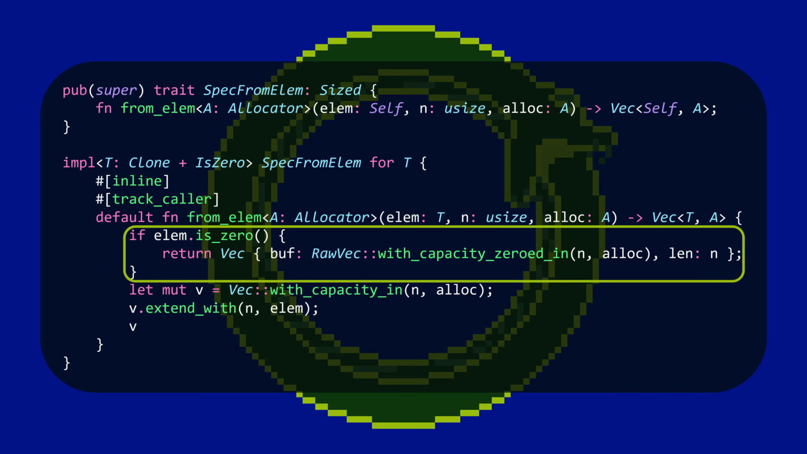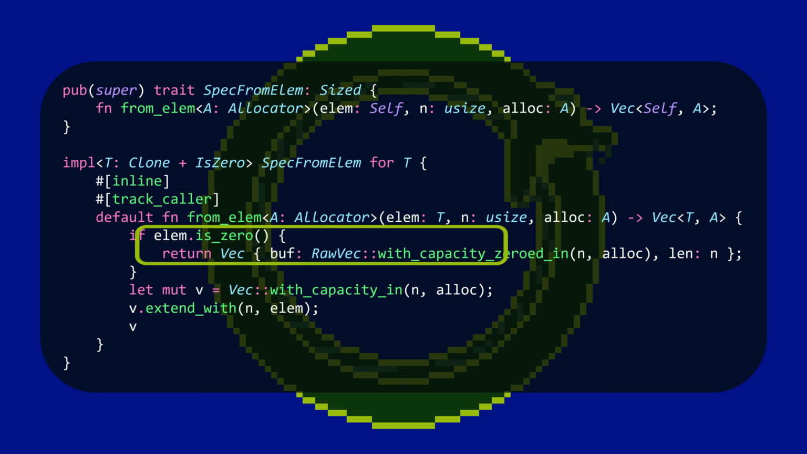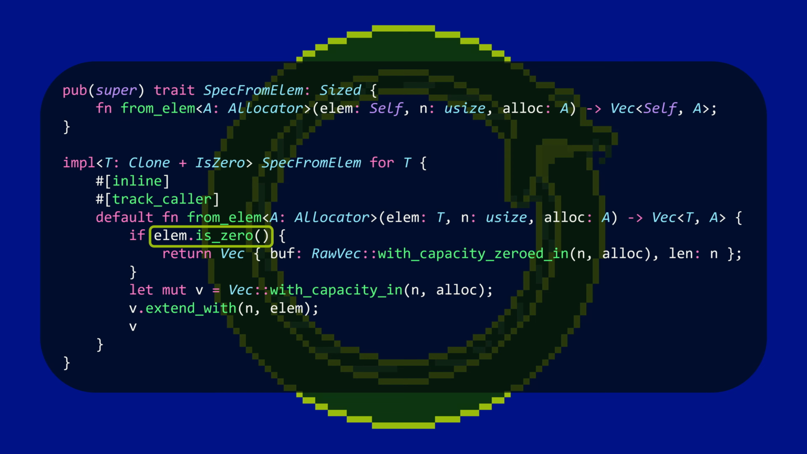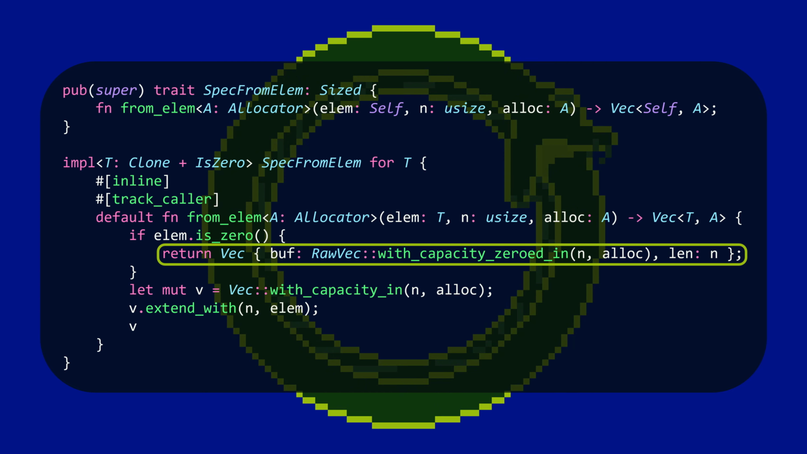We return a different vec if our lm is 0. Our if statement checks the is0 method. Remember that this is the implementation of is0 for i32. If lm is indeed 0, we return this vec. Notice that we use raw vec with capacity zeroed in to construct vec's buff, and we pass in n and